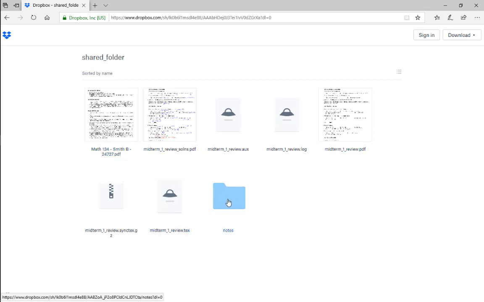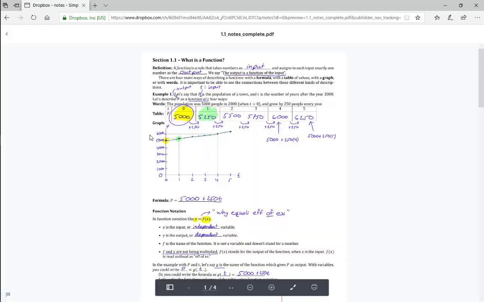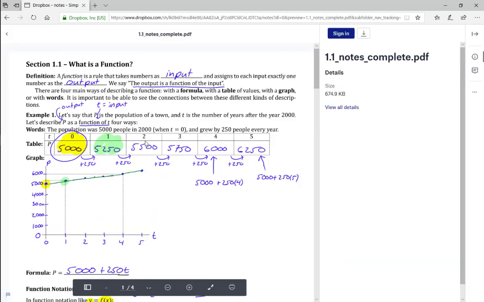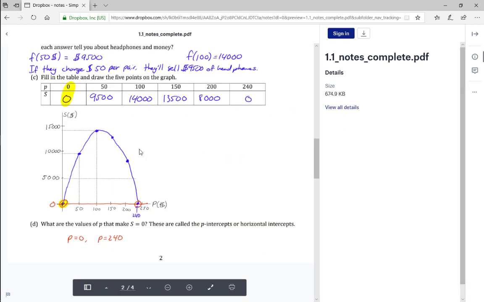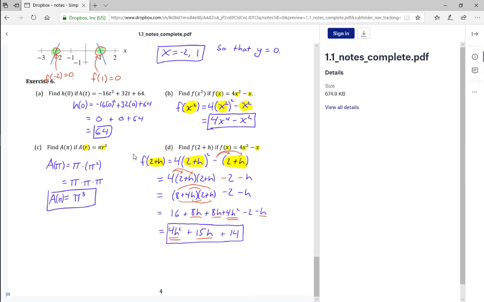They don't have the ability to change anything or go to any other folders above this, but they can go to my notes subfolder, and if they want to see those notes because they missed class or they couldn't write stuff down fast enough or whatever, they can get those notes here. Okay, so that is